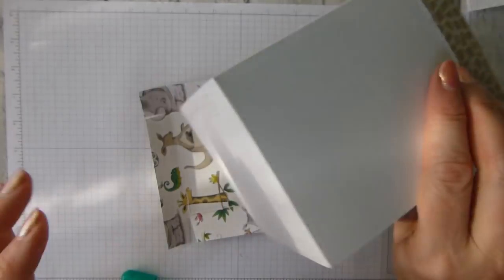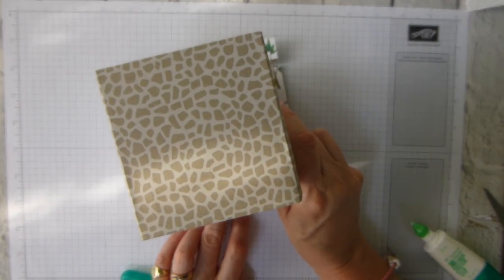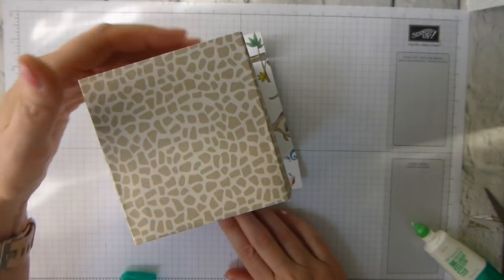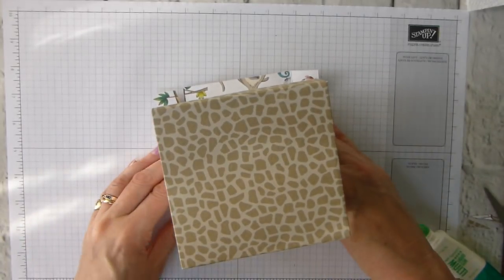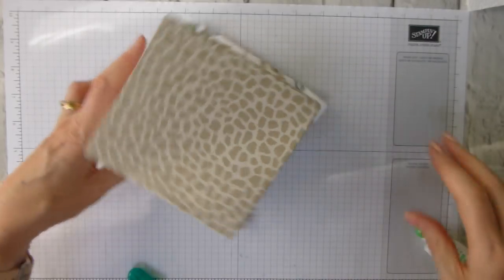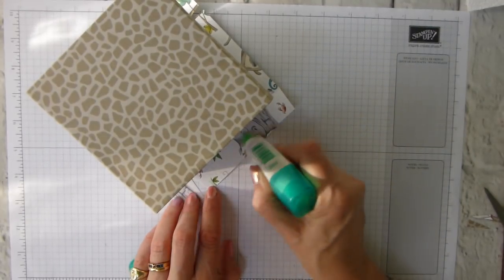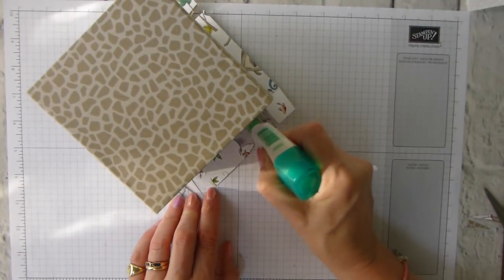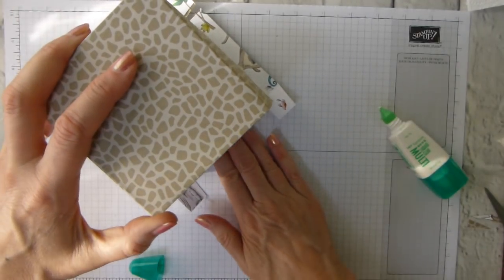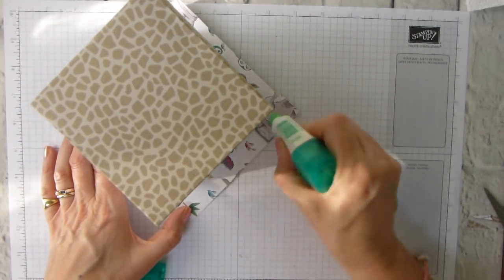And then with my, oops, the other way up would be good, with my flap at the front, I can just add that on and wiggle it into place, fold the flap in and push against it, give it a good burnish, and then I can start applying more adhesive. I'm really not sure how much of this you can see. Enough, I think. It's not something that I can really do in the air, that's the problem. So in, burnish, so front, back,